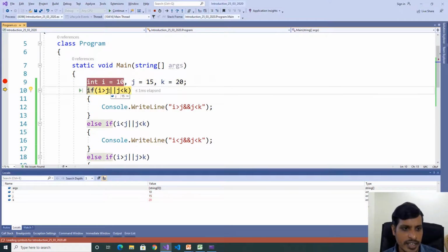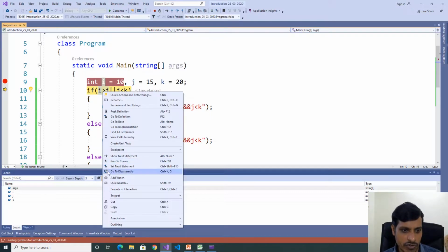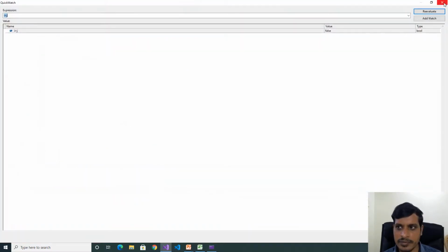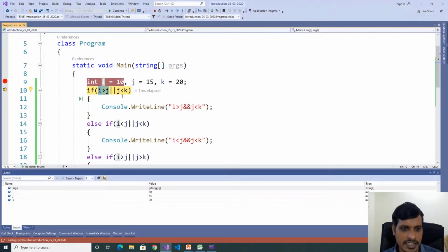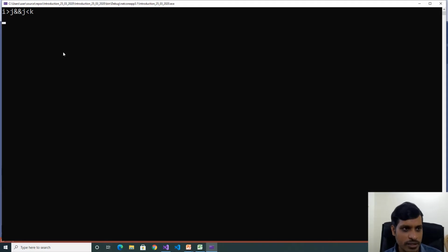First step is i greater than j, that means 10 greater than 15. False. Select this part, Quick Watch, here false. Second one is j less than k, that means 15 less than 20. Put the cursor on the operator, here j less than k, true. That means false or true, true. This statement will execute and then it will exit from the program. Your output is i greater than j and j less than k.